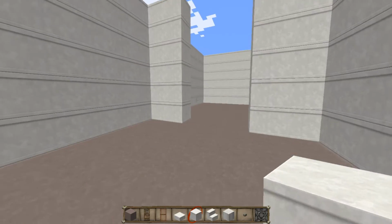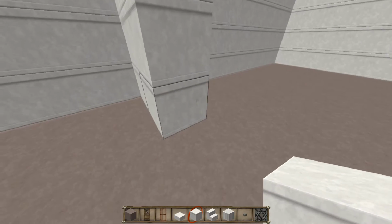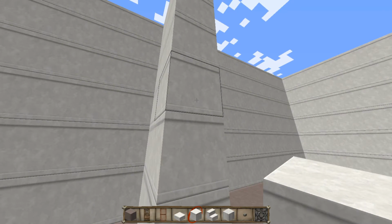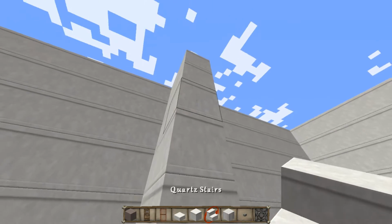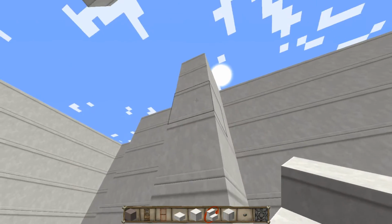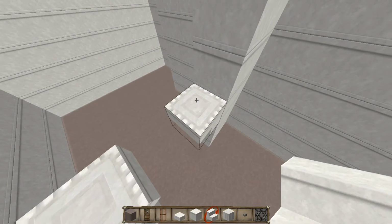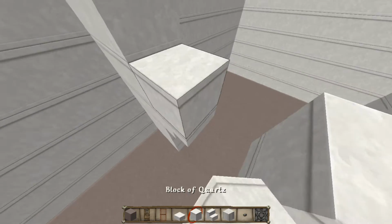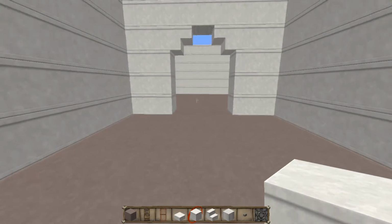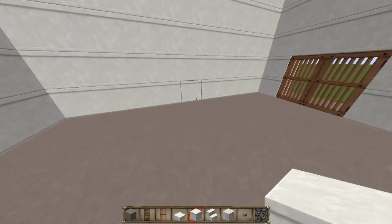That's a very tall gap there, so I think we need to make that more arch-like. So with 1, 2, 3 blocks as whole blocks, we then get our quartz stairs, we'll put them upside down on either side. 1, 2, 3 quartz stairs there, and then with our blocks come across. That makes for a nice grand archway inside our building, and we'll keep this room